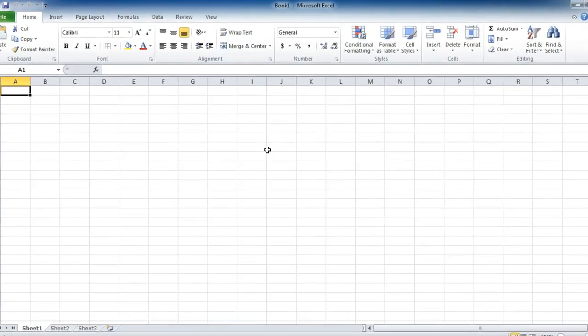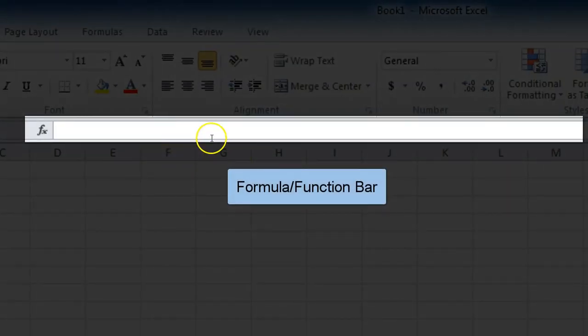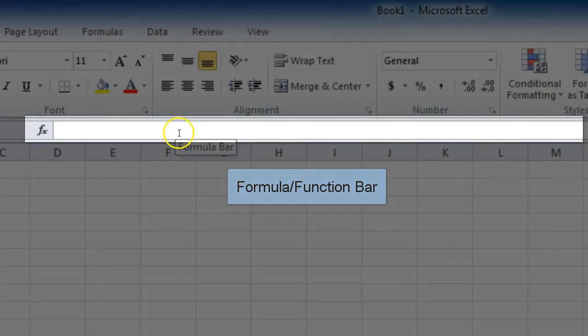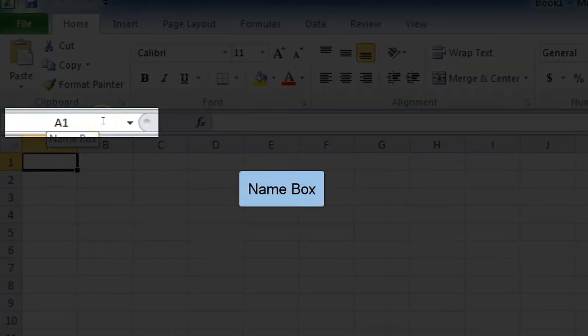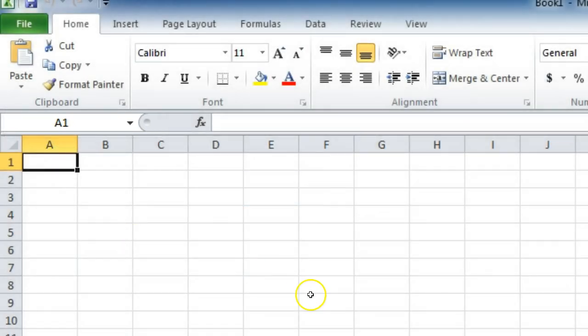There are a few things which I want to discuss. This is the formula bar or function bar. We can see the content of a cell, or we can edit the content of any cell. This is the name box. We can see the address of a cell. Right now you can see it is A1 because we are standing on A1. If I click on any other cell, you can see that I'm standing on F9,